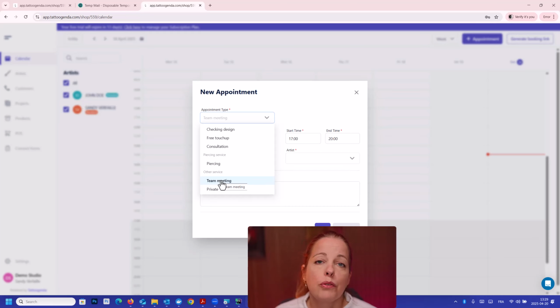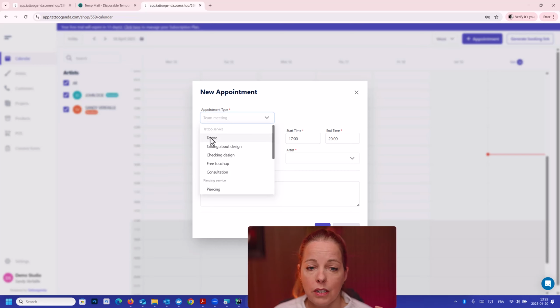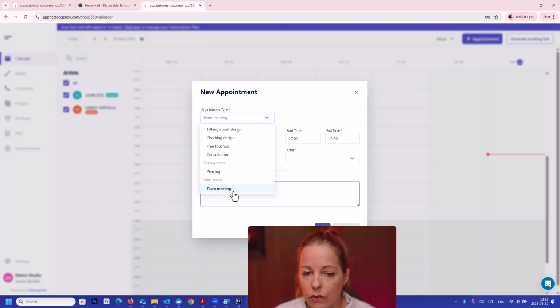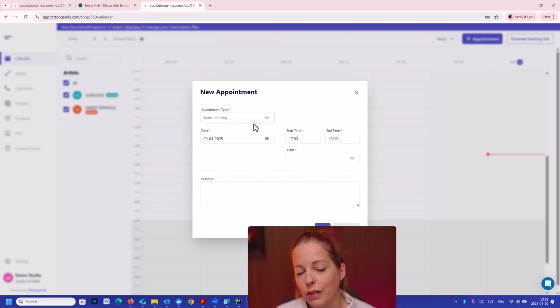It does not involve customers and it does not involve projects. Okay, so later, if you create your custom services, everything that you create under tattoo service will make sure that your appointment needs a customer, a project and an artist. Everything that you select from piercing will require customer and artist, and everything that you create under other is only going to require an artist.